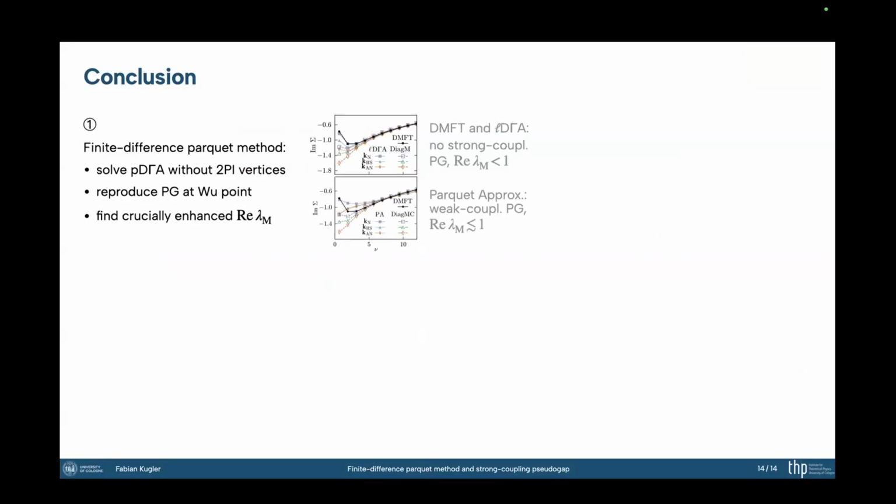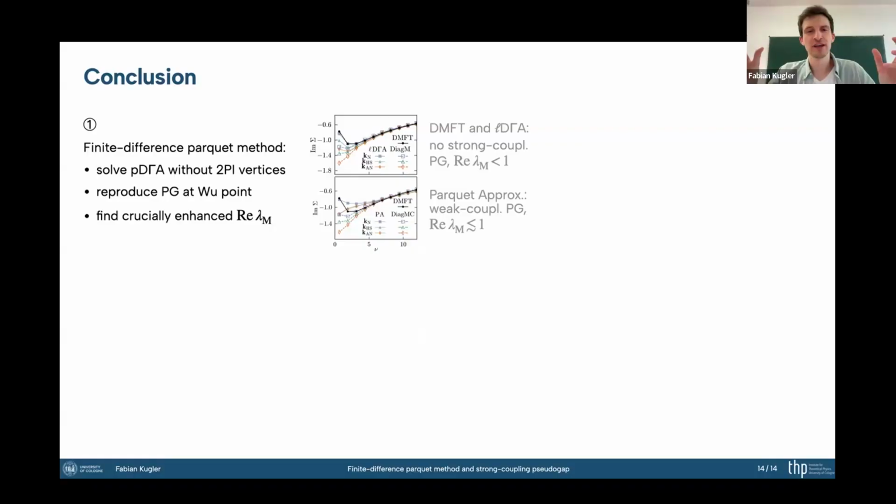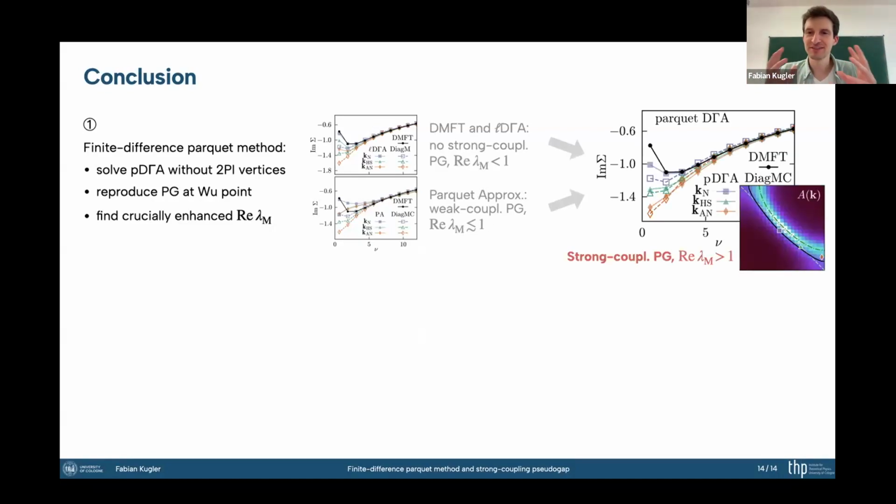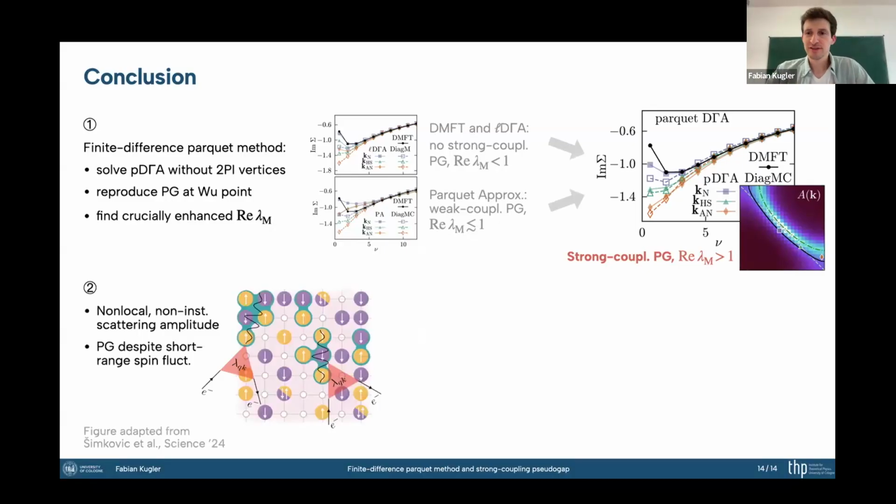We have 2 anchors, DMFT and parquet. In DMFT alone, we don't get this property. In the parquet approximation alone, we don't get this property of the enhanced Hedin vertex. But if we combine the 2, something beautiful emerges, and we get the strong coupling pseudogap with an enhanced Hedin vertex. The second point is that this Hedin vertex explains why